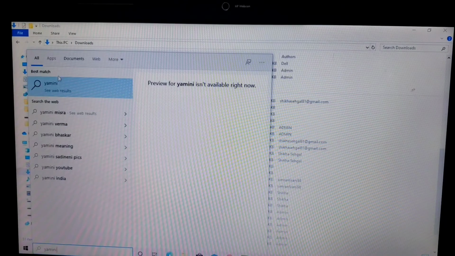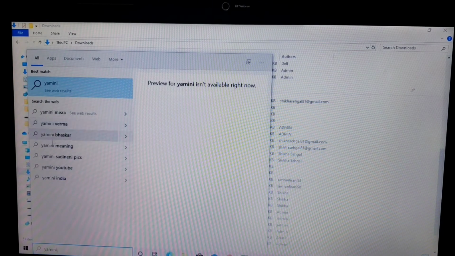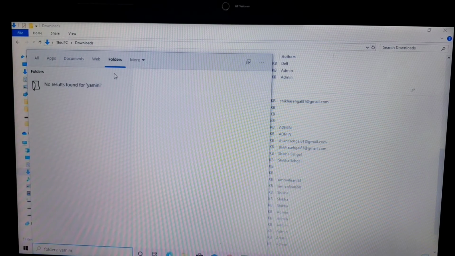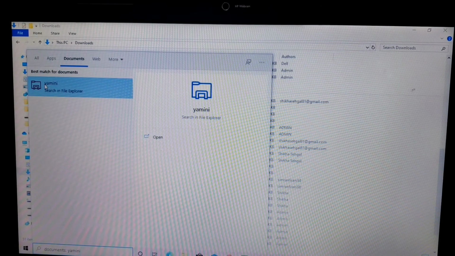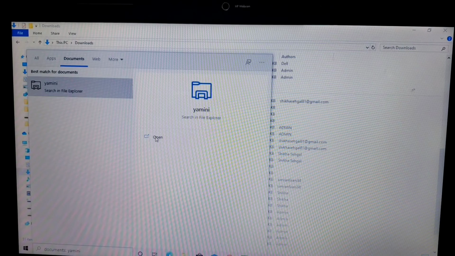So when you want to search a particular document, at that time you have to click on what you are searching. Right now you can see that it is showing me the web search, whereas I want to search the document, though it is a folder. So just folder or what exactly it is, where exactly it is stored. If you give the exact location, if you know, then that is very good. It will give you that particular folder.